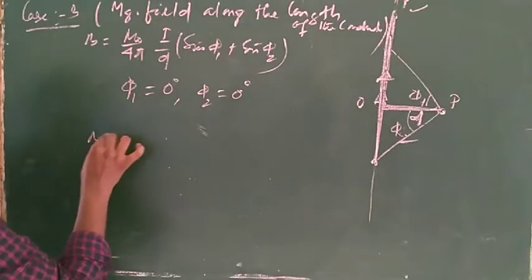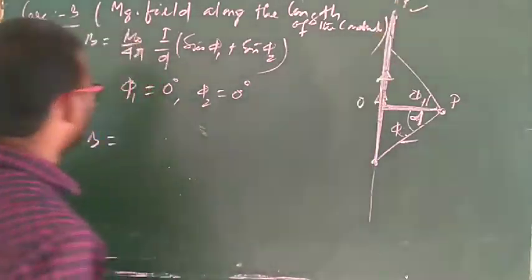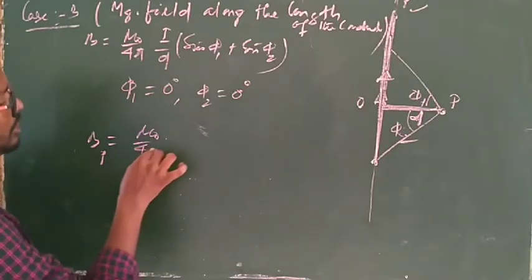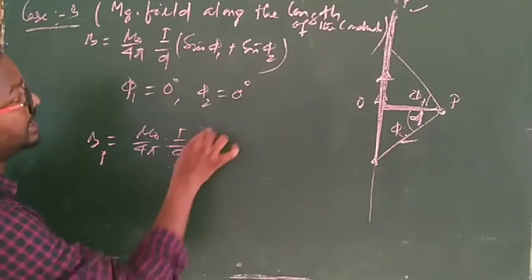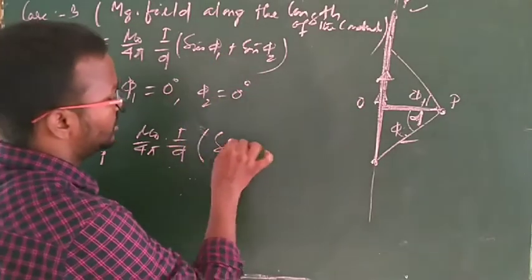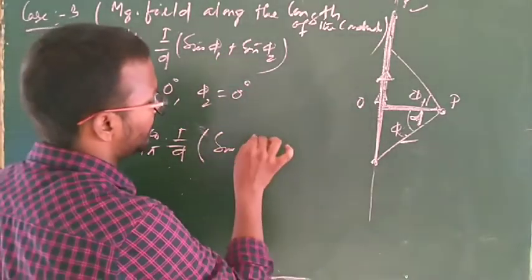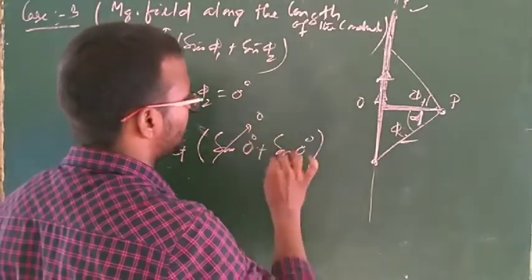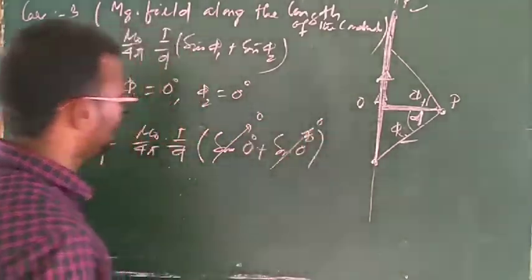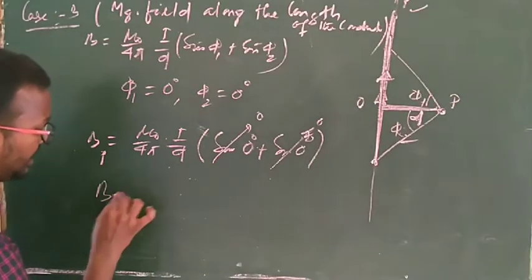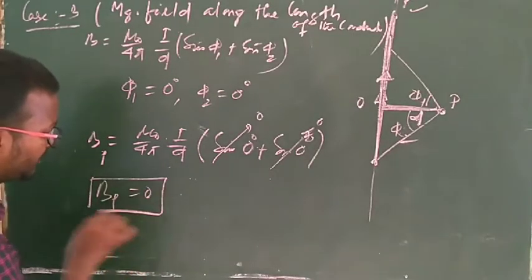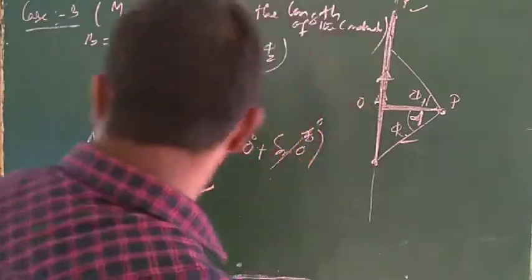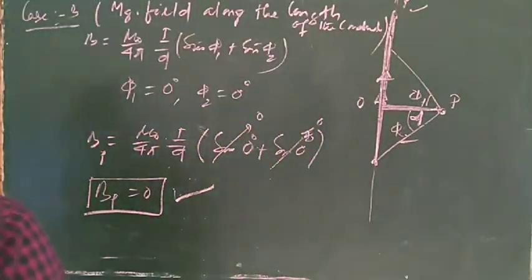So the total magnetic field at point P can be written as mu naught by 4 pi, I by D, times sin 0 degrees plus sin 0 degrees. The value of sin 0 is 0. So the total magnetic field at point P will be 0. This is an important relation to remember. Clear? From this relation we conclude that